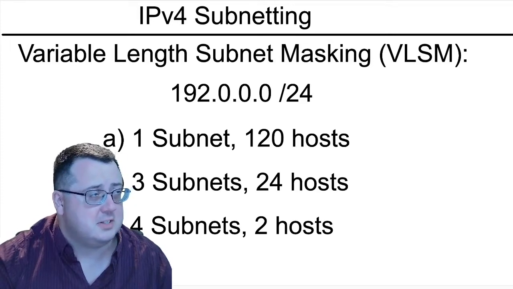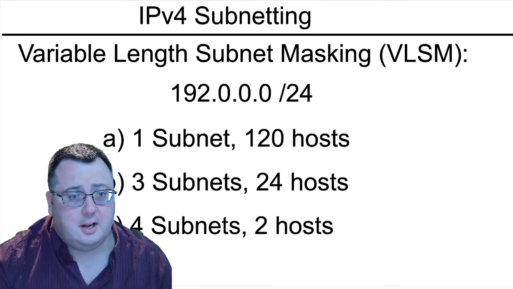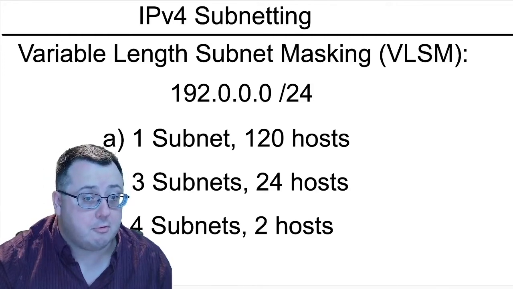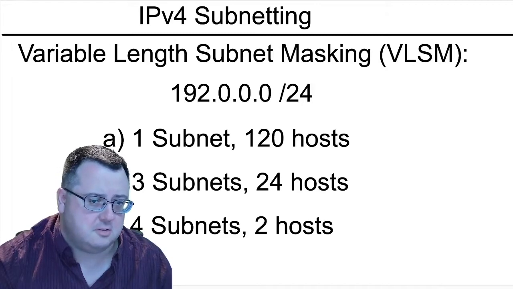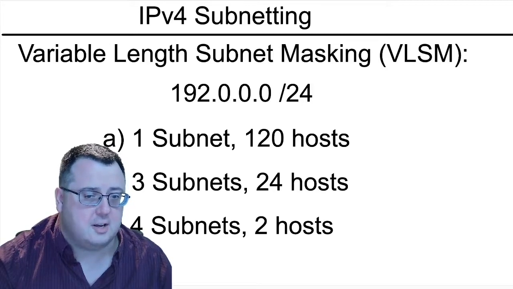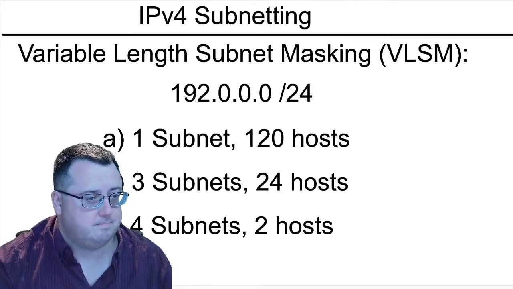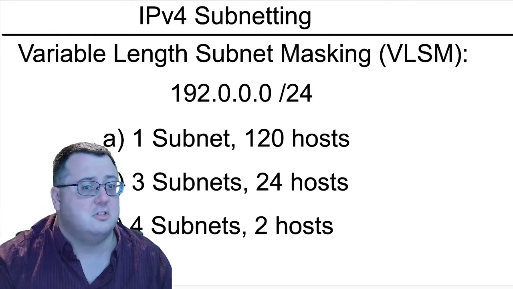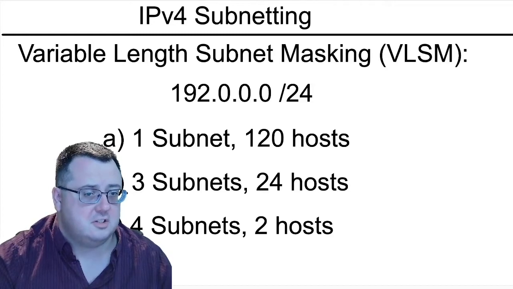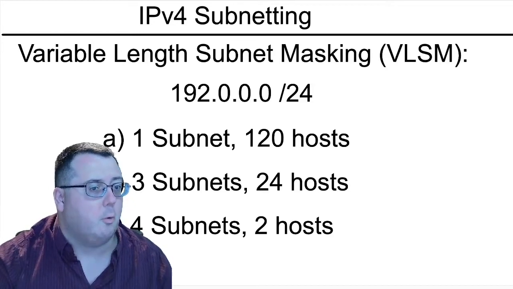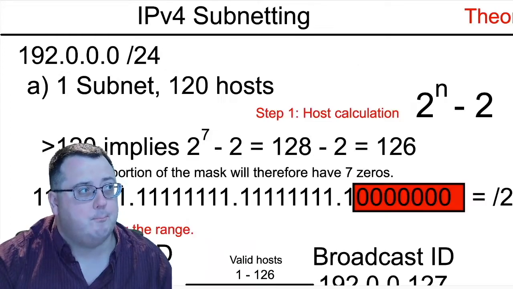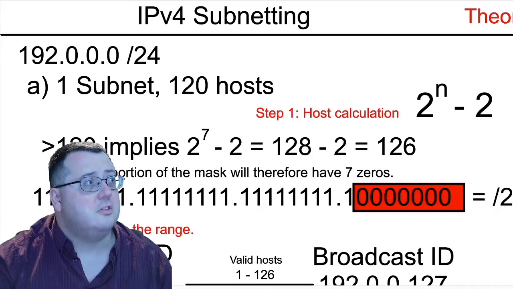192.0.0.0/24, so it's a class C subnet, and I want one subnet with 120 hosts, I want 3 subnets with 24 hosts, and I want 4 subnets with 2 hosts. So we're going to split this range, 192.0.0.0, to satisfy those 3 requirements. Here's the first one. So